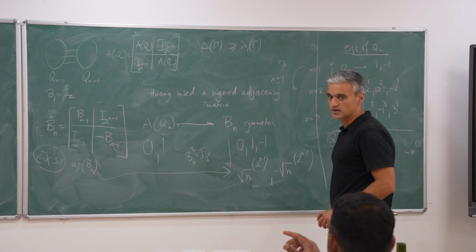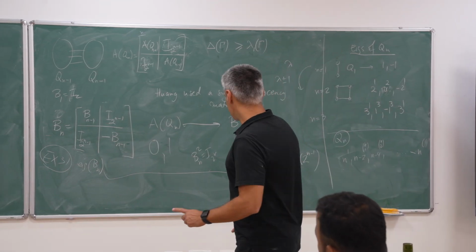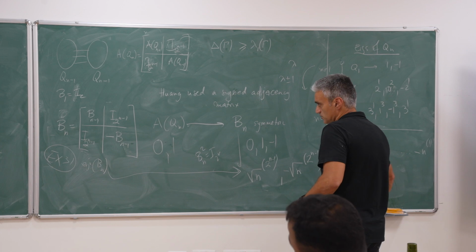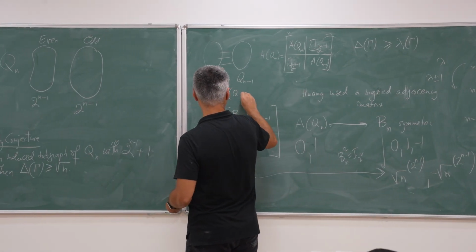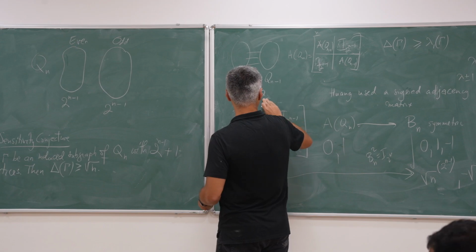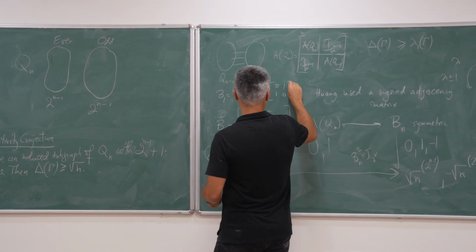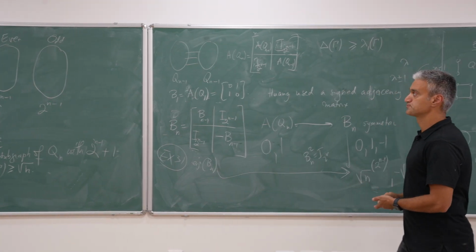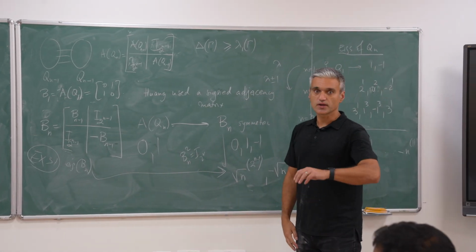Okay, so let's take a break now. B_1, maybe you have to take 0, 1, 1, 0. Yeah, you're right. You're correct. B_1 is the usual adjacency matrix of Q_1. You're correct. Yeah, 0, 1, 1, 0. Thank you. Okay, because that's 1 minus 1. Okay. Okay, we'll take